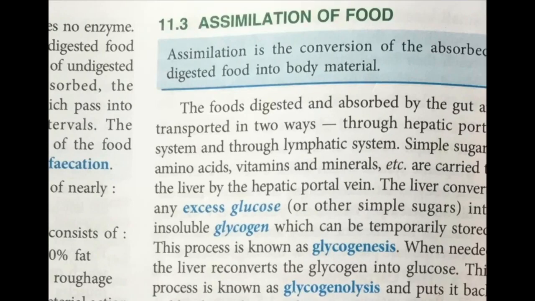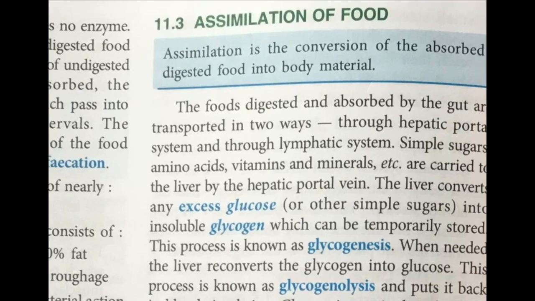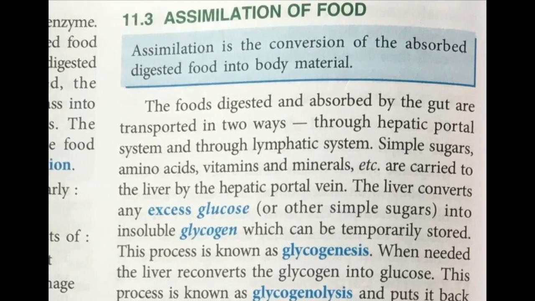So the food is digested in the alimentary canal and absorbed by the blood. What happens to the food that is absorbed by the blood? It gets assimilated in the body. Now what do you mean by assimilated? Assimilation is converting the absorbed digested food into body material, that is, making up different cells and proteins